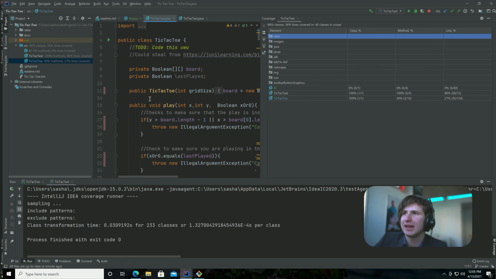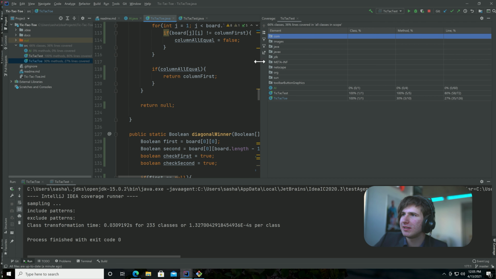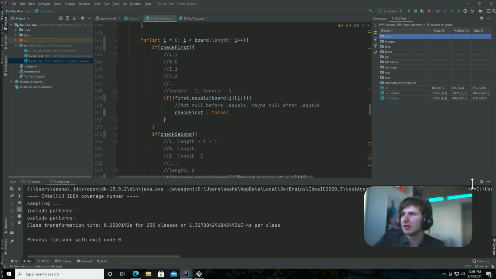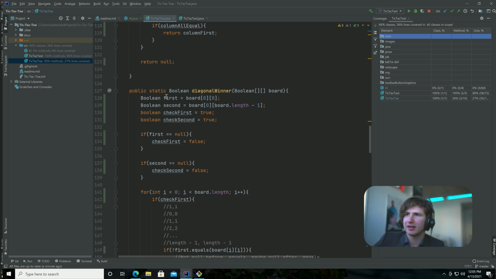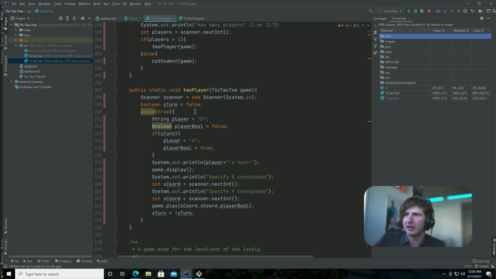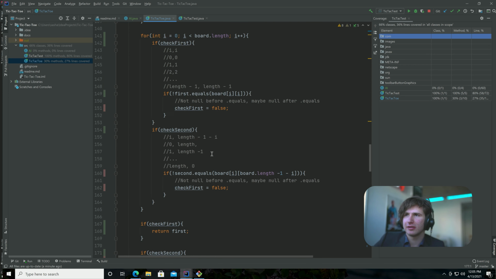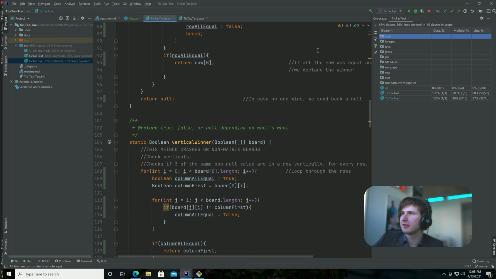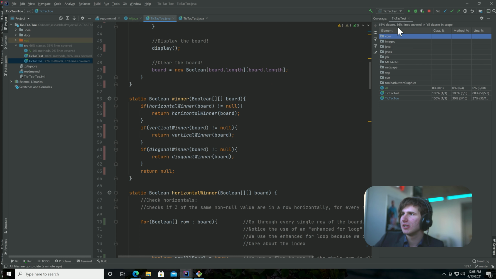So you can see our test is kind of bad, right? It only tests a portion of our methods. In fact, the only ones it seems to be testing are diagonal winner, vertical winner, and a little bit of horizontal winner, right? And it doesn't test any of the other methods. So do you guys see that when I click run with coverage, it tells us what the test covers? In fact, it even tells us 36% of our lines are covered,